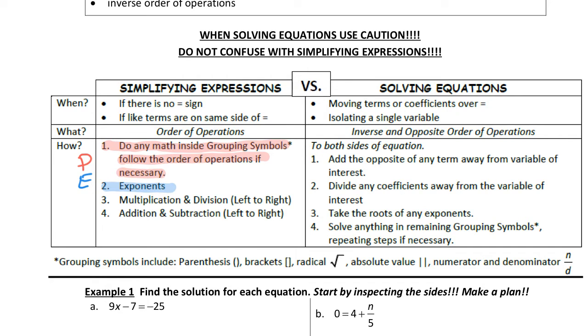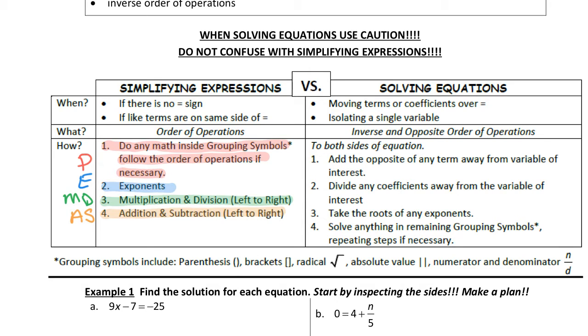Next, we are going to do any multiplication or division from left to right. So that's your M and your D in PEMDAS. And finally, we have any addition or subtraction from left to right, and that finishes up our Please Excuse My